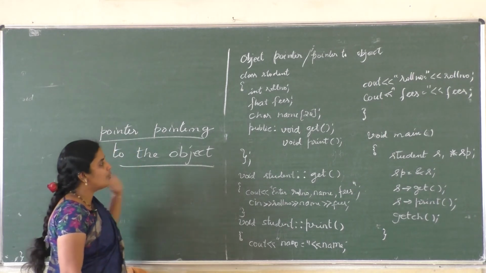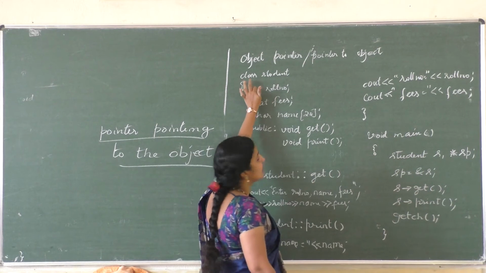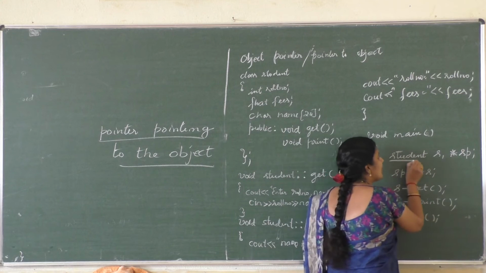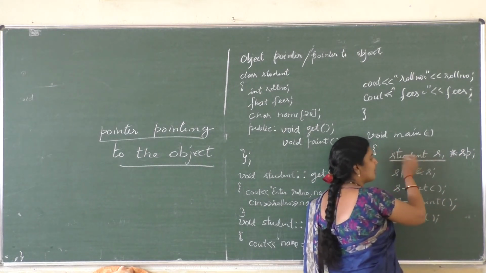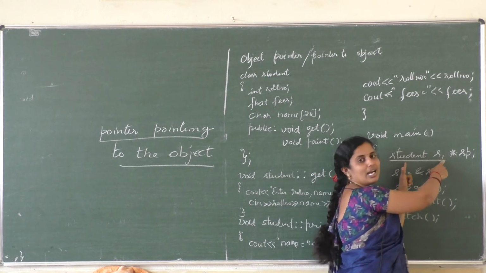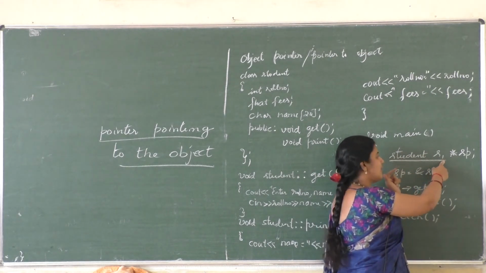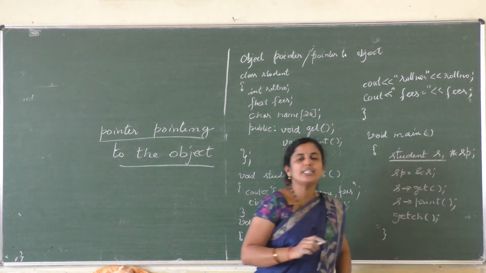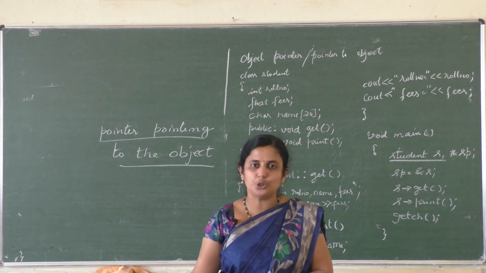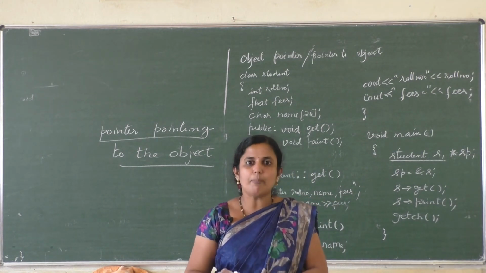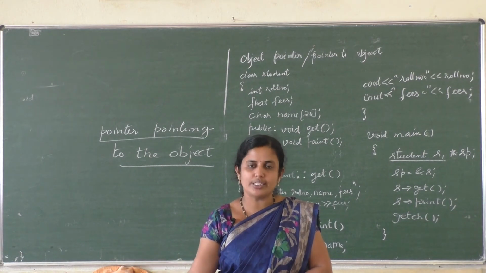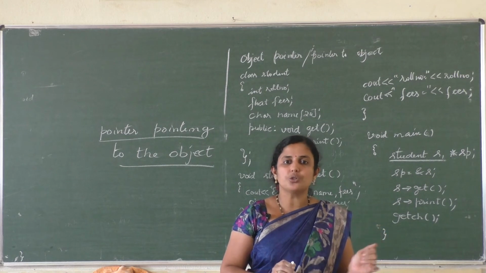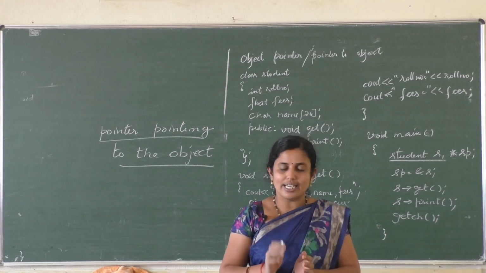Okay, now see here, it is the class student that I have created, and you know we can create an object like this for the student class, that is, a class name and an object name, isn't it? Next we will create some pointer sp. Suppose a pointer has to store the address of integer values, the pointer must be integer type. Suppose the pointer has to store the address of a float data type, then the pointer must be float. Here the pointer has to store the address of a class, the address of an object.